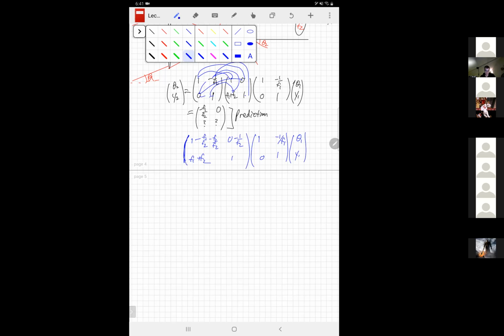The f2 over f2 is just 1. And it cancels out. Well, it's a -1, but the -1 cancels out with the 1. So I can rewrite this as minus f1 over f2, minus 1 over f2, f1 plus f2, 1, multiplying 1, minus 1 over f1, 0, 1, theta 1,